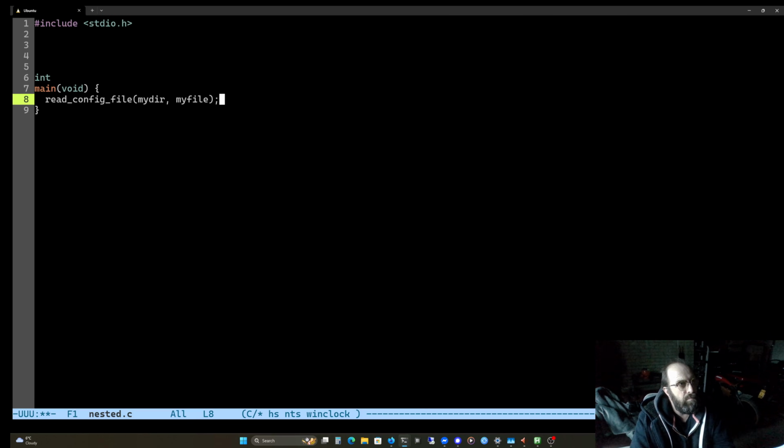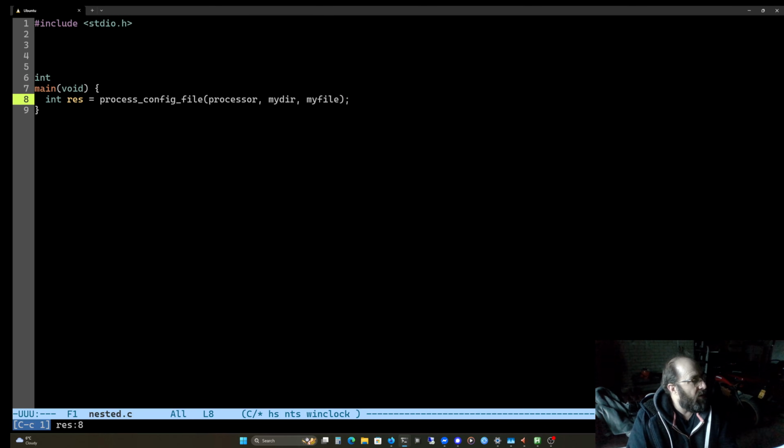So why read a config file? Ordinarily we do something like this, maybe, but why do that when we could go process config file, and what if we had a processor?